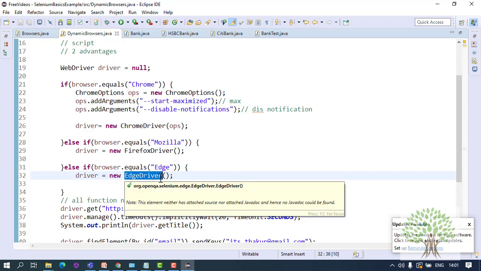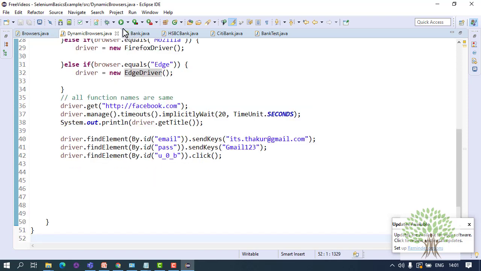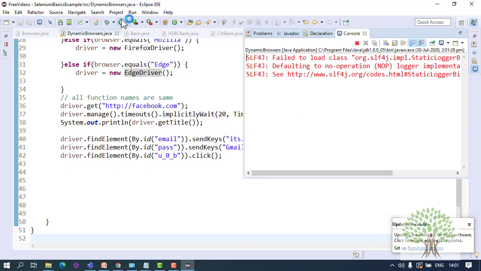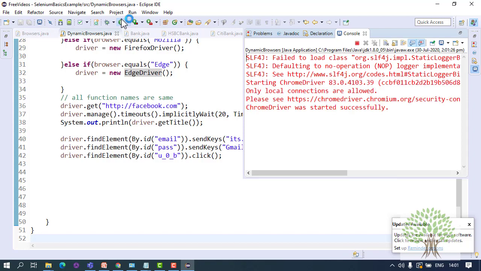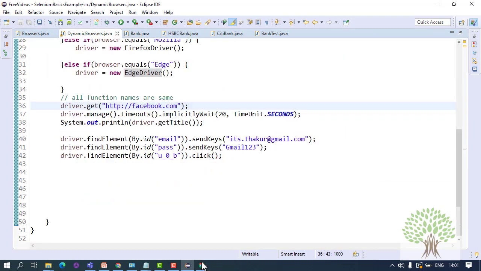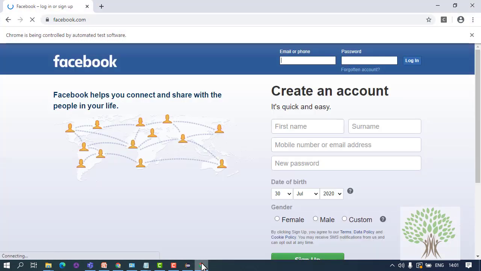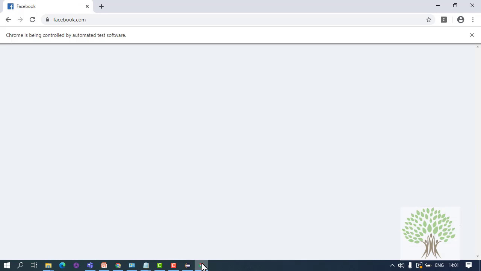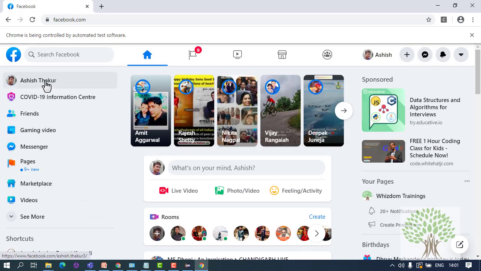So over here what you can do is, now when you run the program you will see that Chrome will launch. Hold on, yeah, Chrome will launch in the maximized way. You see that it's maximized, and once it logs in you will not get the notification. Now after logging in you need to click on this profile link of yours.